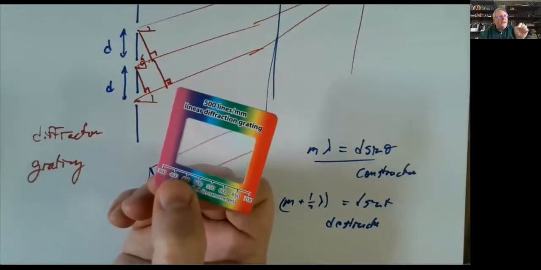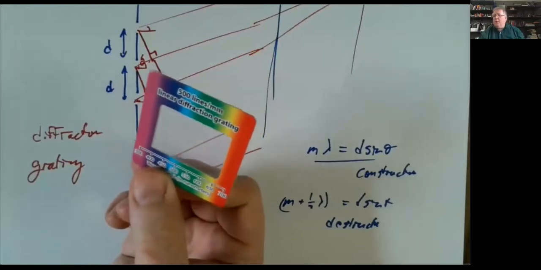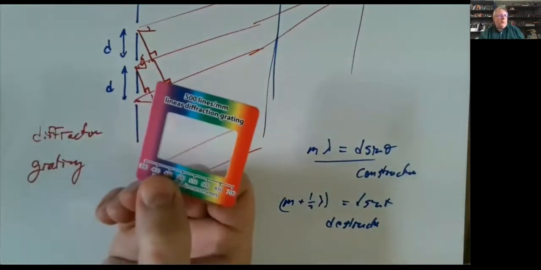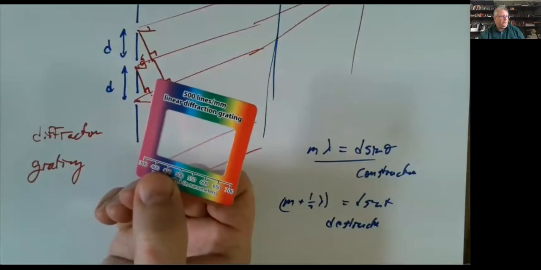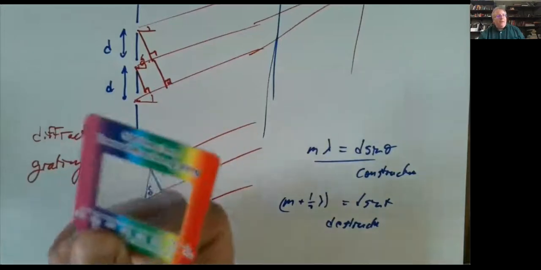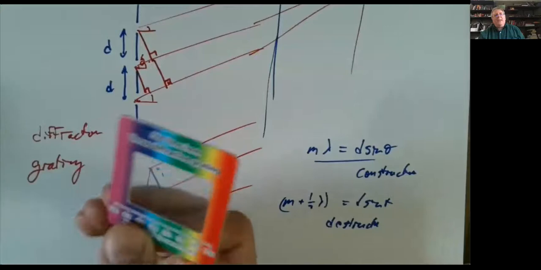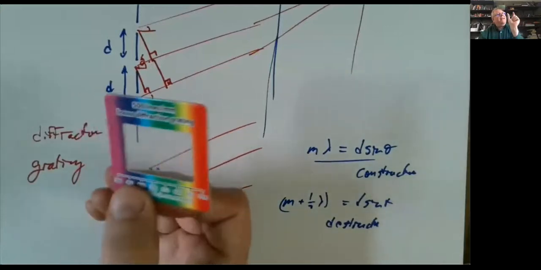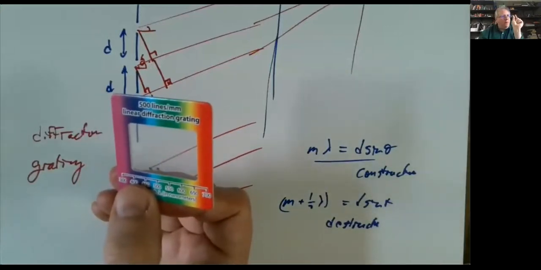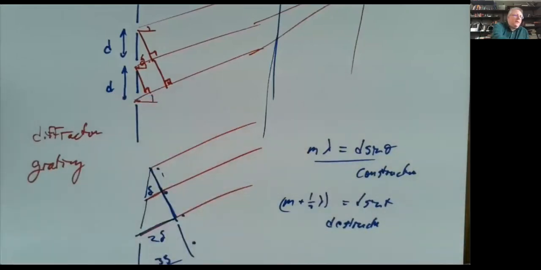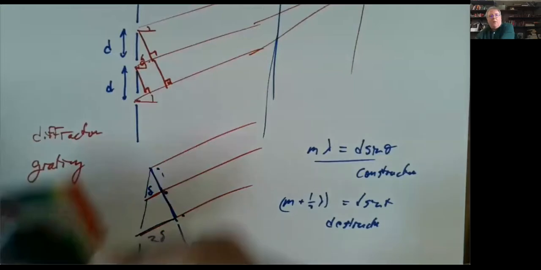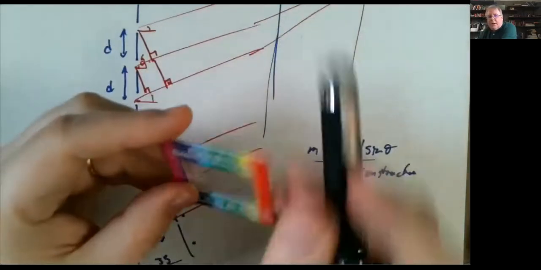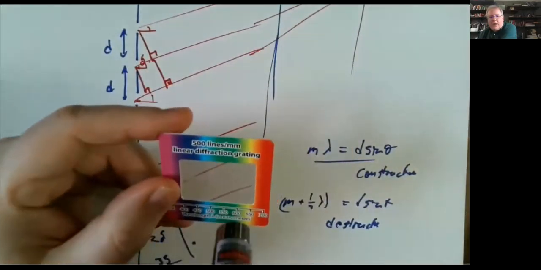And these are very thin lines, 500 per millimeter. You probably could see it if you put it under a microscope. You could probably see these individual lines. But the net effect of this is that not only is the light that gets through brighter, it makes the spots very narrow. So there's only a very narrow place where you get constructive interference, and most of the rest of it is destructive. So if I take my red laser and my diffraction grating and I shine it through,